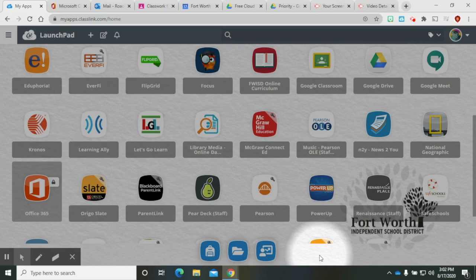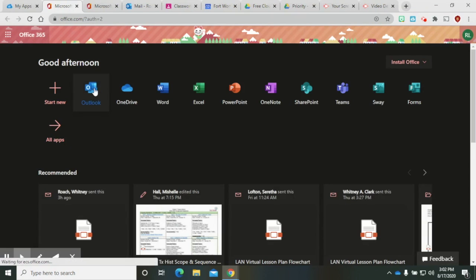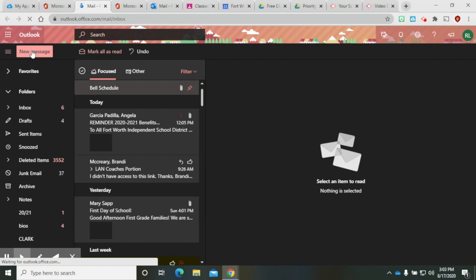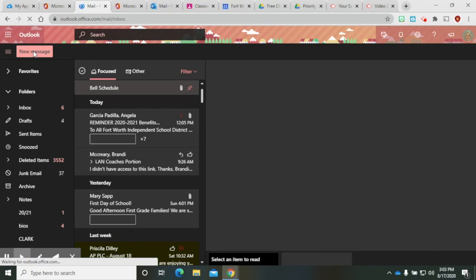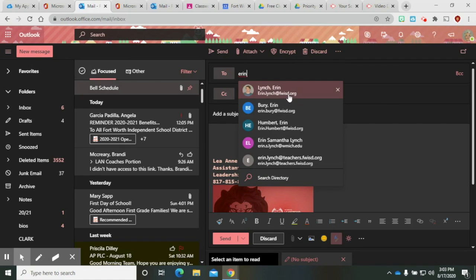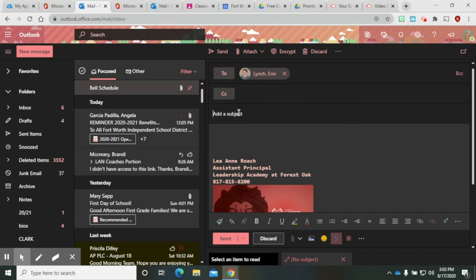Step three, if you have any questions, the quickest way to get a response would be to utilize your email to reach out to your teacher. So from your ClassLink homepage, go to Office 365, click on Outlook. There you'll see your emails. Click on New Message. Type in your teacher's name, the subject,